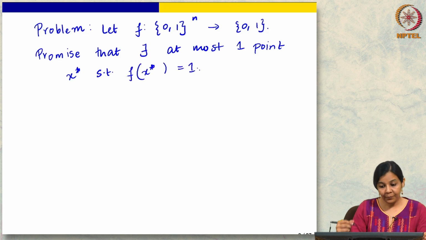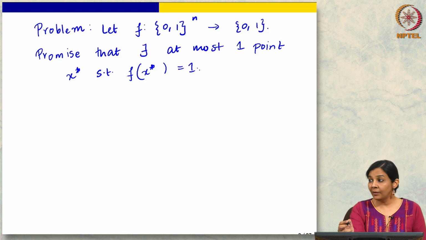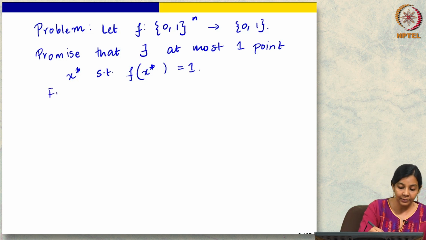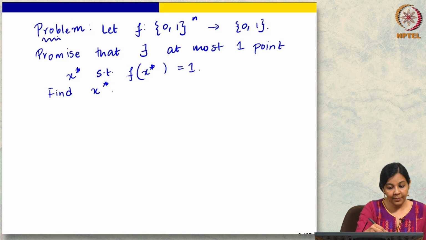So I want to note right off the bat that this is a simplifying assumption that there is only one point that satisfies the function. This restriction could be removed, but we will not look at that. We will look at the algorithm with this simplifying assumption. You will see why. Okay. So good. So basically I have this function, I have one point that satisfies the function and I want to find this point. Okay, so this is my problem.